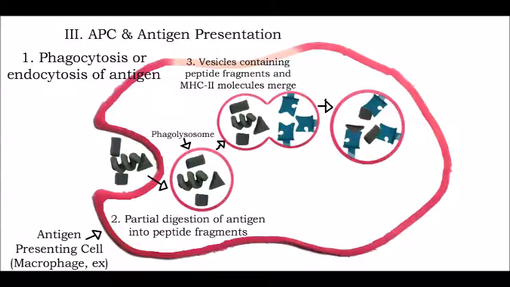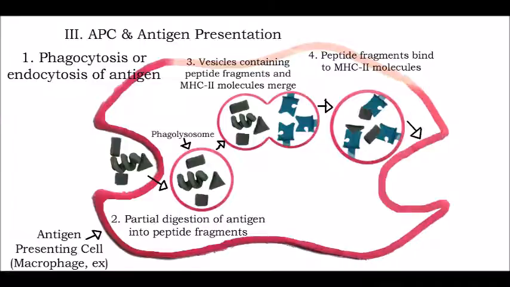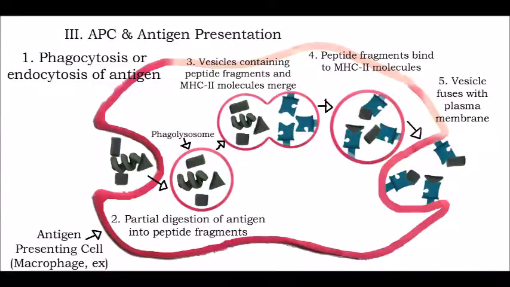In step 4, peptide fragments bind to the MHC-II molecules from those merged vesicles. And in step 5, the vesicle fuses with the plasma membrane, allowing the peptide fragments bound to the MHC-II molecules to be displayed on the cell's surface. Now, because each of these antigens is different, each will bind to a different T cell receptor on a different